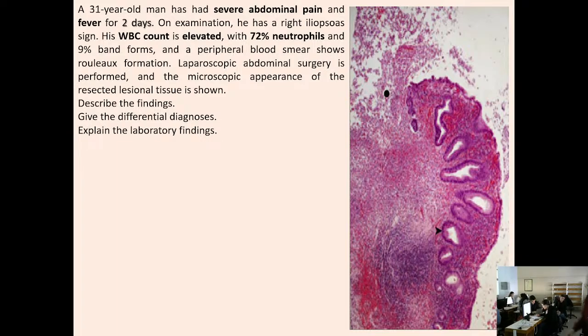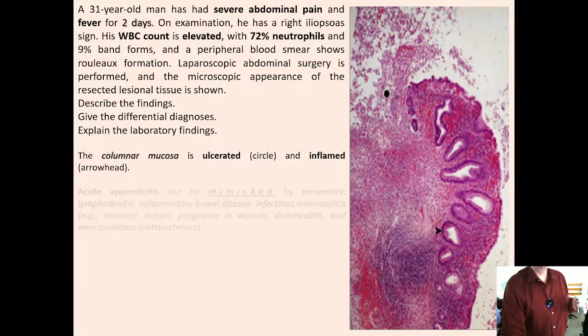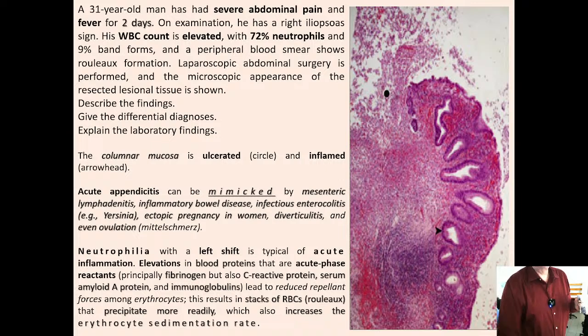So this is the acutely inflamed appendix. And of course, there are other diseases, which we'll learn in internal medicine, that can have similar signs. So you have to be sure that it is appendicitis before